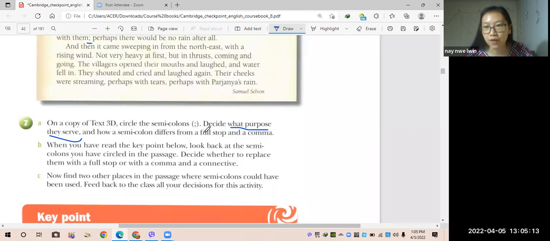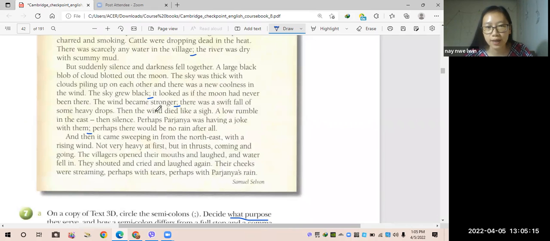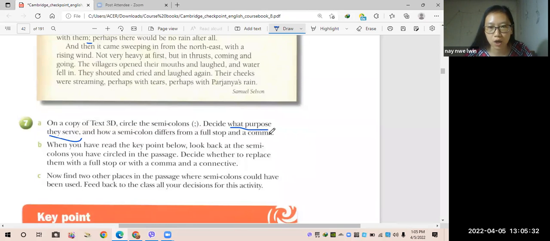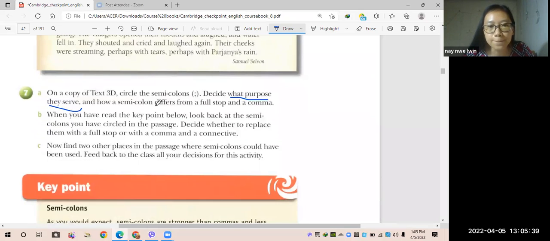How does a semicolon differ from a full stop, right? As I told you, we can use a full stop instead of a semicolon, right? But it didn't use a full stop, it used a semicolon instead. In our writing, we mostly use full stops, right? We rarely use semicolons in our own writing. So a full stop and comma are quite different from each other, right? They are not quite similar. So there is a difference between a semicolon and a full stop.